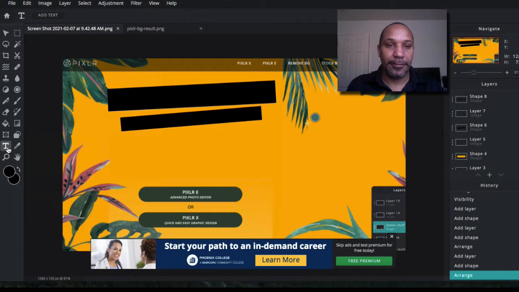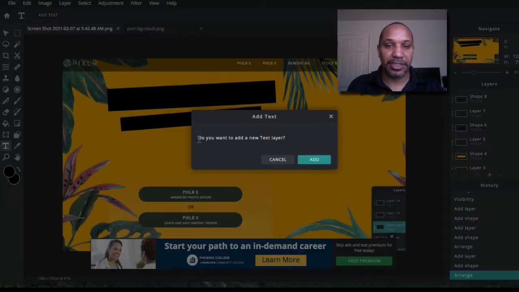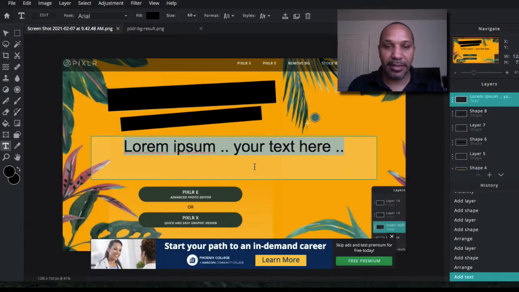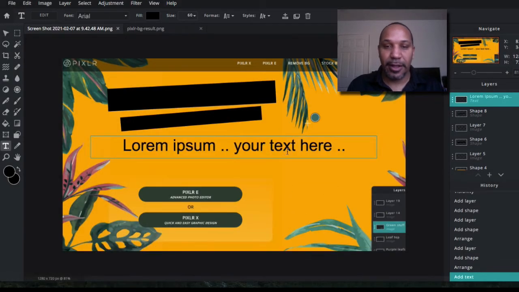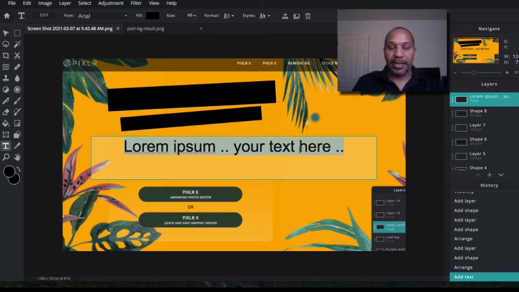We click here, and then we come over here, just click on your canvas. It's going to ask you, do you want to add a new text layer? We're going to put add, okay? And then you can see the text box pops up. I'm going to get rid of this add here. So let's go here, and then let's put